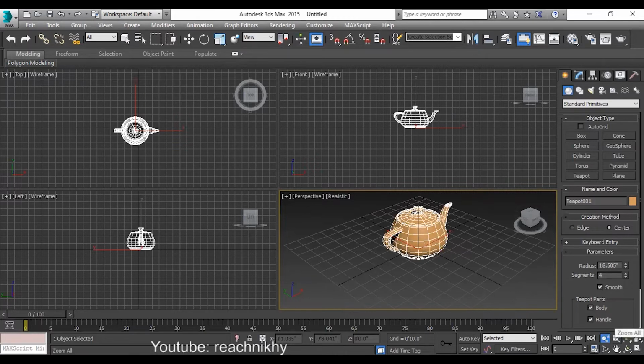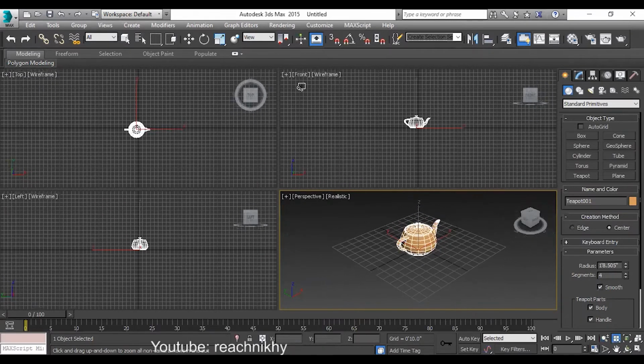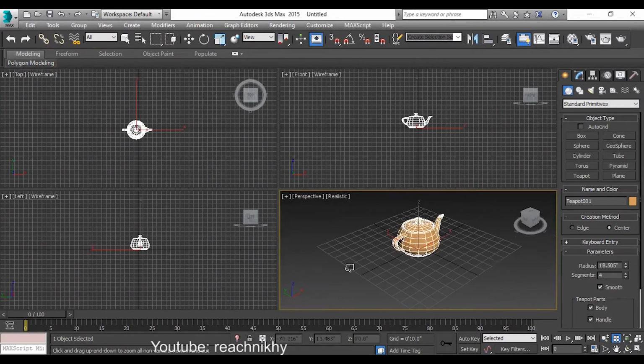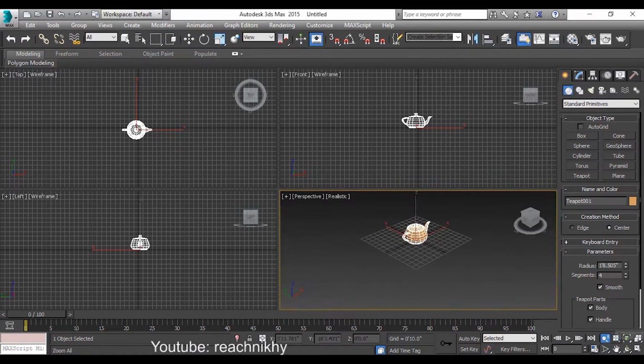Next one is your zoom all. Zoom all means click and do it like this. It works in every viewport. You observe it in the 2D viewports also. These are called 2D viewports. This is a 3D viewport, which is the perspective for us. These are front, top, and left. So I'm just zooming in or zooming out, and I'm getting it in every viewport at this place. This is for a simple zoom. This is for all 4 viewports zoom.